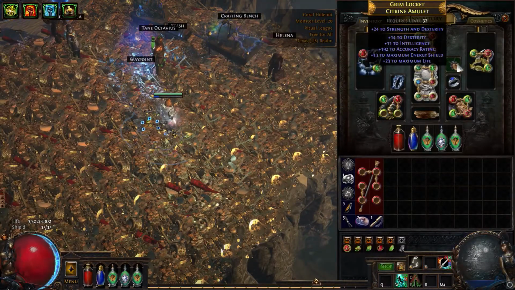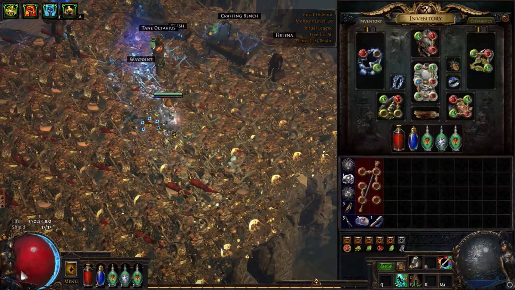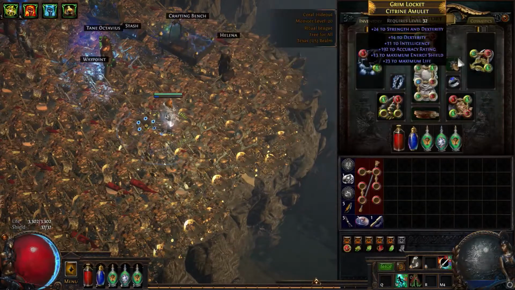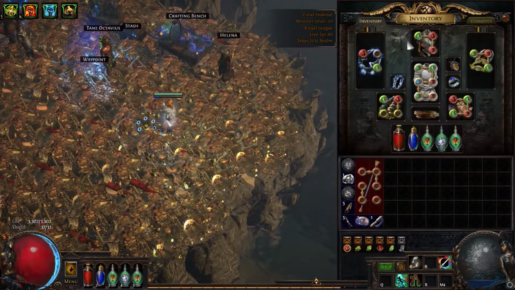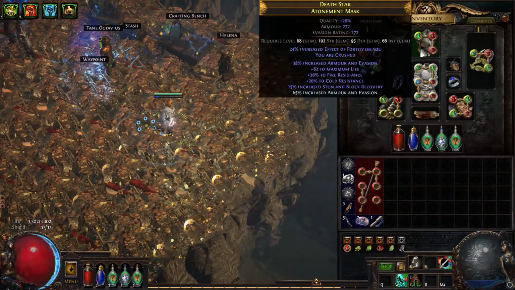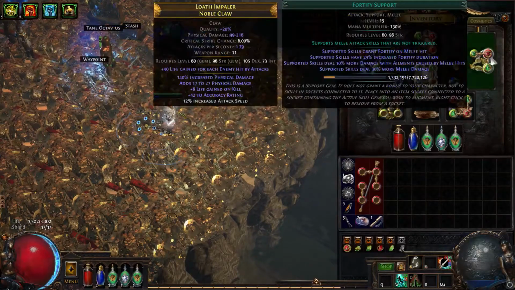As you can see, most of the gear isn't that good. Honestly, the fact that I'm still having no problem with the entry conquerors and the survivability, right now I only have 3.3k life, and I have limited life on most of my gear, and I'm still able to survive and clear the maps. I decided to test out the new helmet, the atonement mask, just because I put a